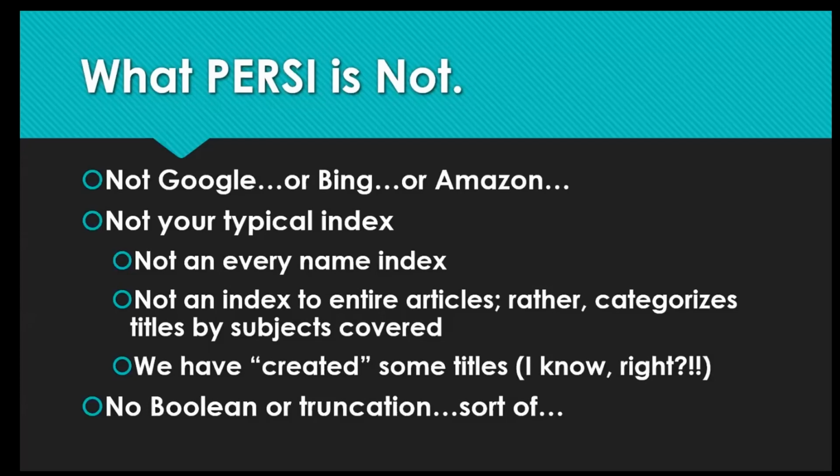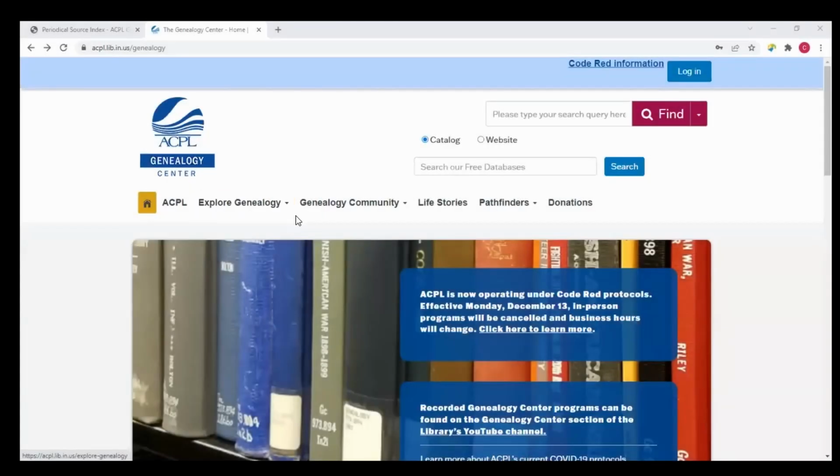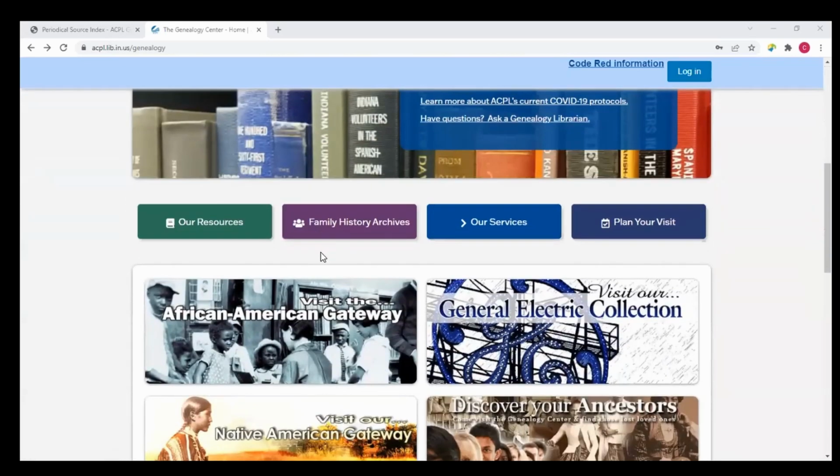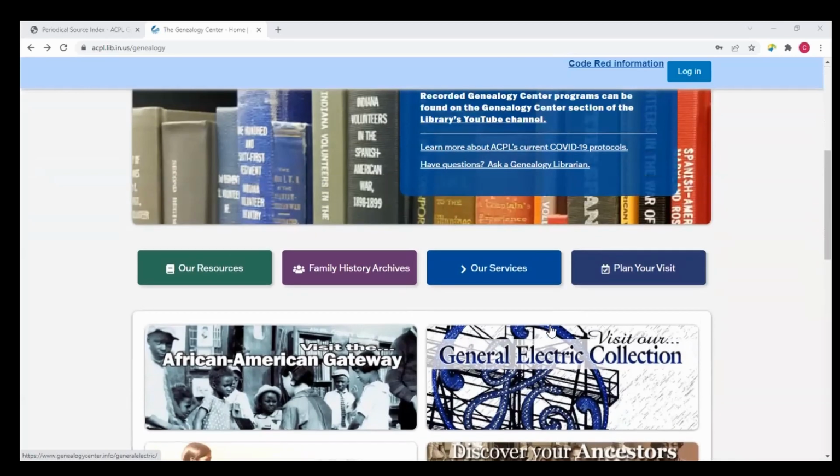First time ever since 1985 that PERSI has been available for free on the World Wide Web. So I hope I've gotten you excited. I hope we've shared together the warts and wrinkles of good old PERSI. And I'll show you a cheat way of finding PERSI right now. Soon, as Elizabeth told you when she spoke on it earlier this year, this General Collection button will be replaced with a PERSI button. So you just scroll down halfway down the page, click on this, boom, you'll be taken to PERSI.